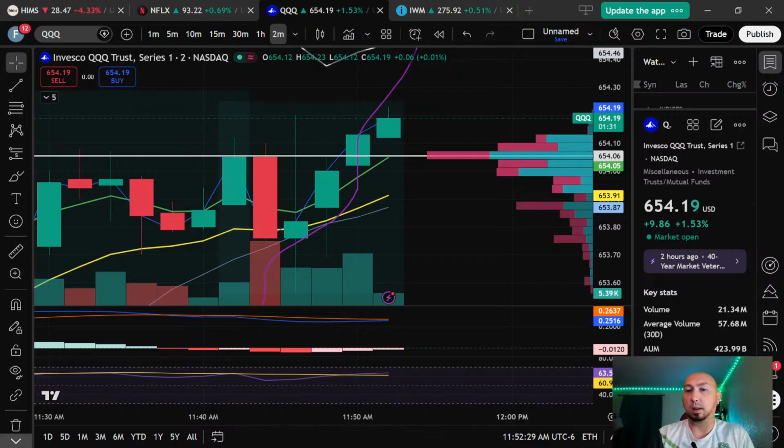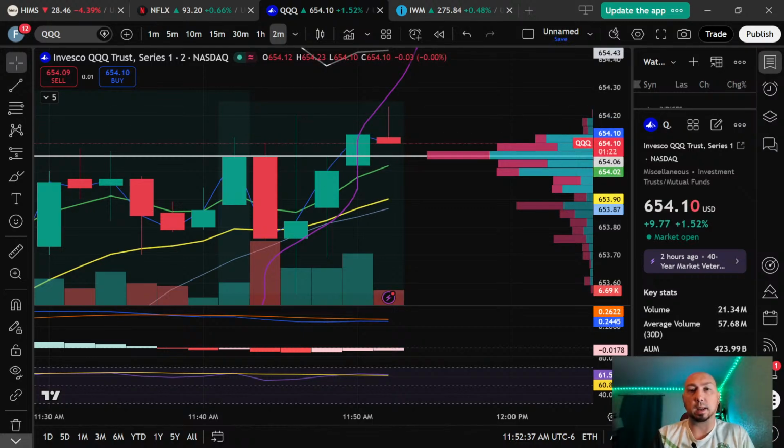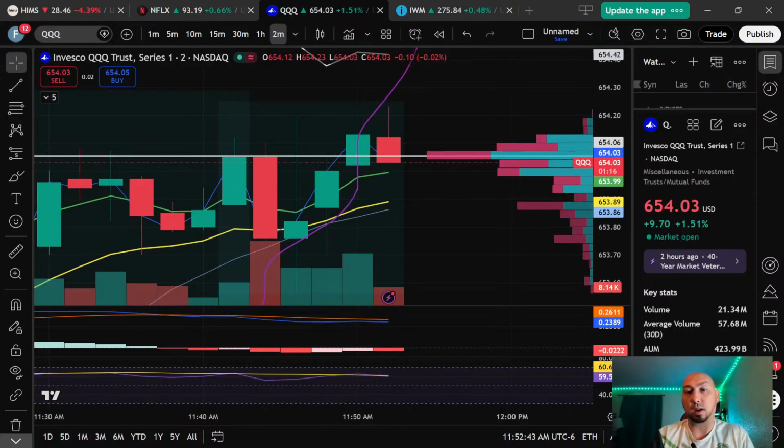But last little 10 seconds here. This is QQQs, looking like EMAs are going to head north, and this will create a newer support for now. MACD and RSI are kind of iffy, so it could fail any moment. So be careful. All right, we'll see you guys out there.